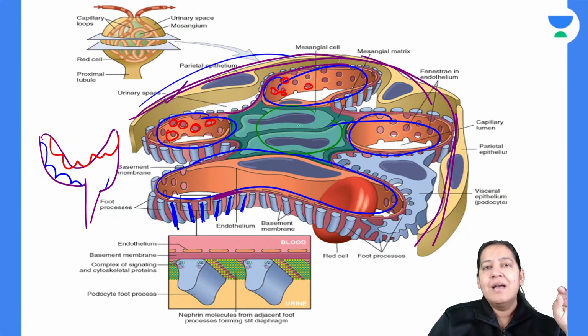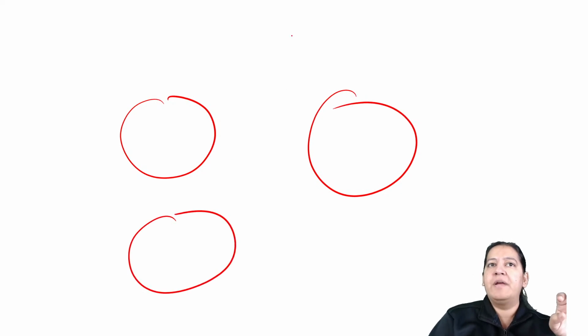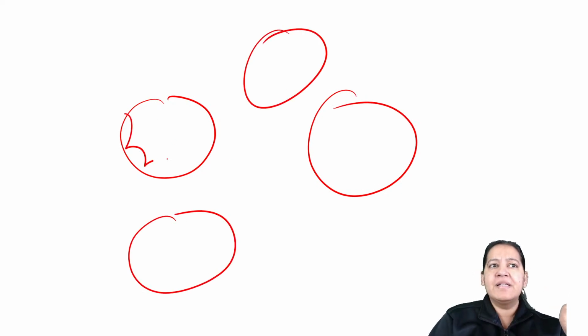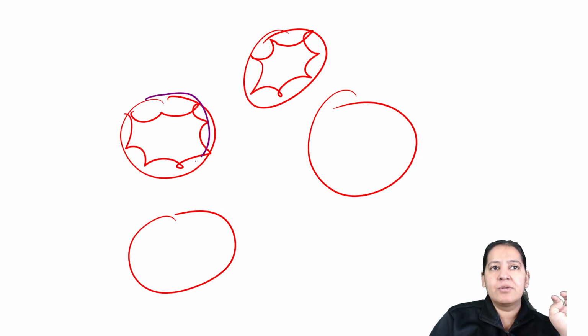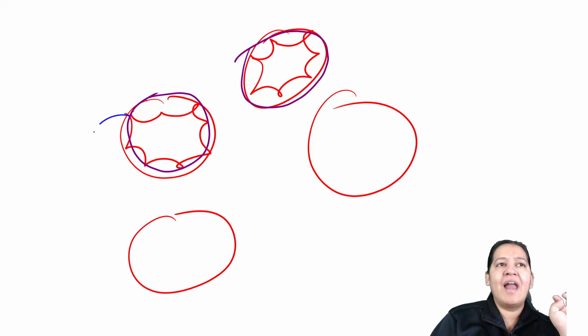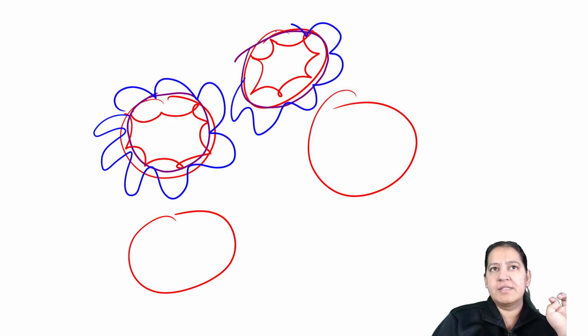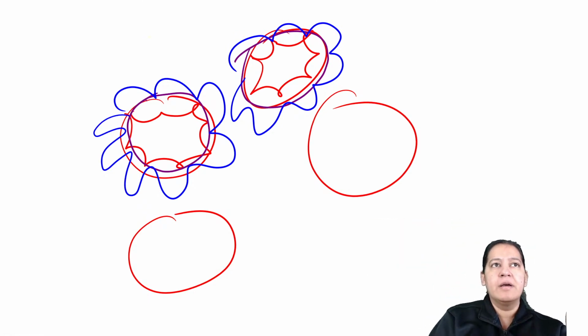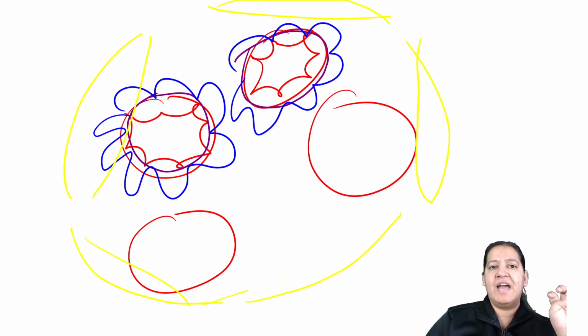Can you see the green cells? Now there are multiple capillaries: capillary number 1, number 2, number 3, and so on. All the capillaries are lined by endothelium, right? I'm not drawing it in all, but they all are lined by endothelium. After that, there is the basement membrane. So this is the basement membrane, this is the basement membrane. And on the outer side, they all are lined by foot processes, the visceral epithelium. Okay, we got it. And the entire thing is covered by parietal epithelium. So the yellow ones are the parietal epithelium, the cells of the parietal epithelium of the Bowman's capsule covering the entire thing and forming a